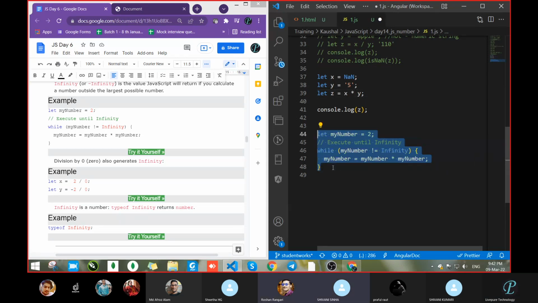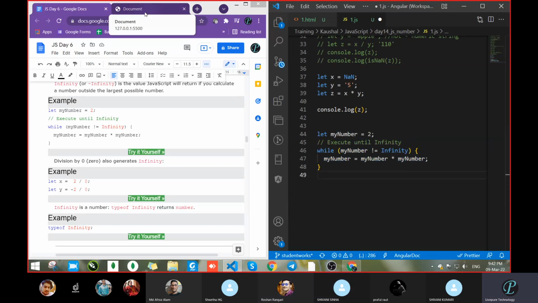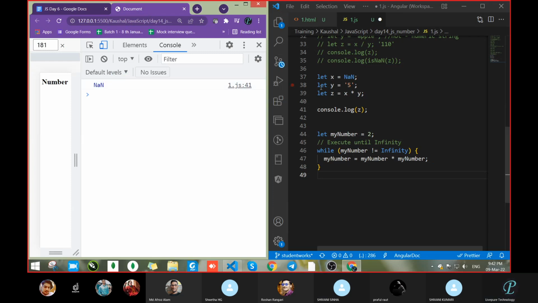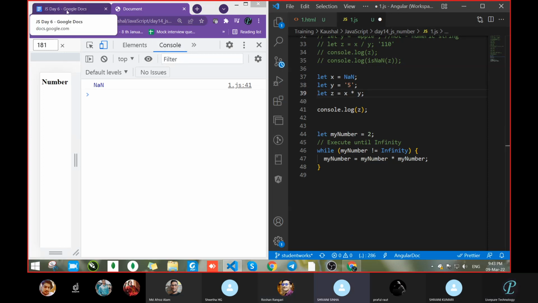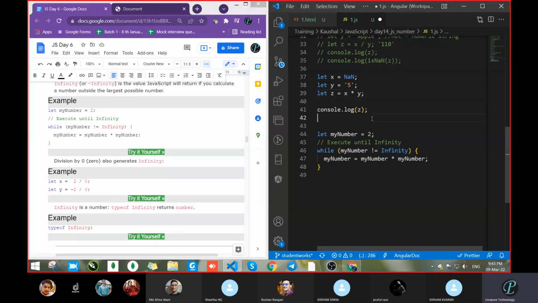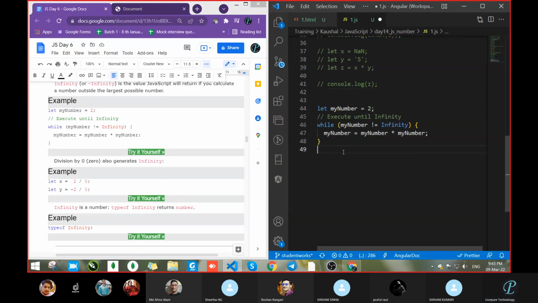You will get NaN. See, because you're going to do the operation with a NaN term. It will give you NaN only. And NaN can't be multiplied by 5. Okay. Now don't tell me plus, minus, this, that.